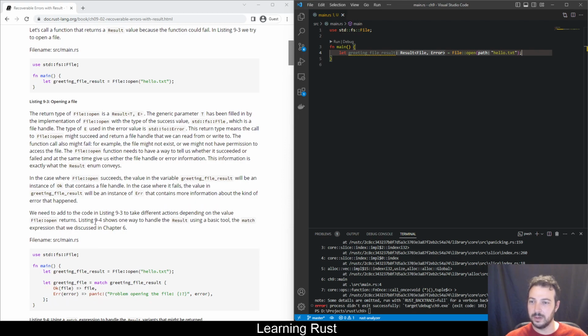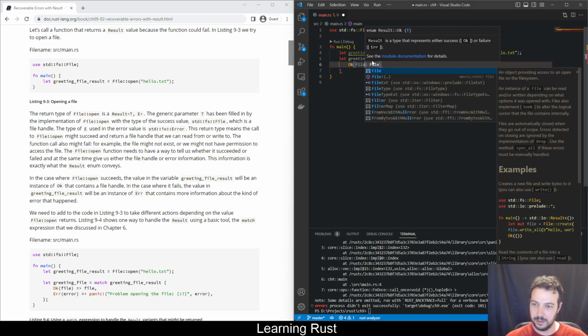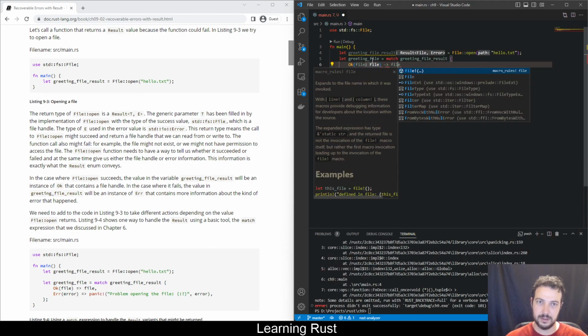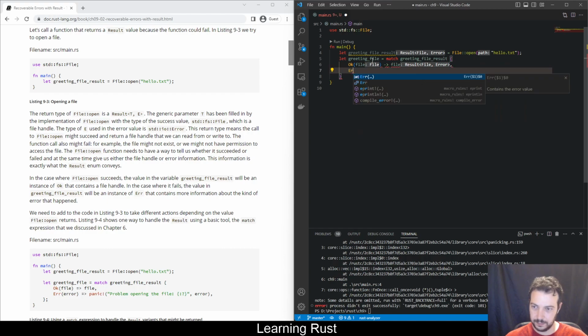We need to add to the code in listing 9.3 to take different actions depending on the value File::open returns. Listing 9.4 shows a way to handle the Result using a basic tool, the match expression. So we now have let greeting_file equals match. We match the greeting_file_result. If we get an Ok with a file handle, then we just return file. And if we have an Err with an error inside it, then we should panic